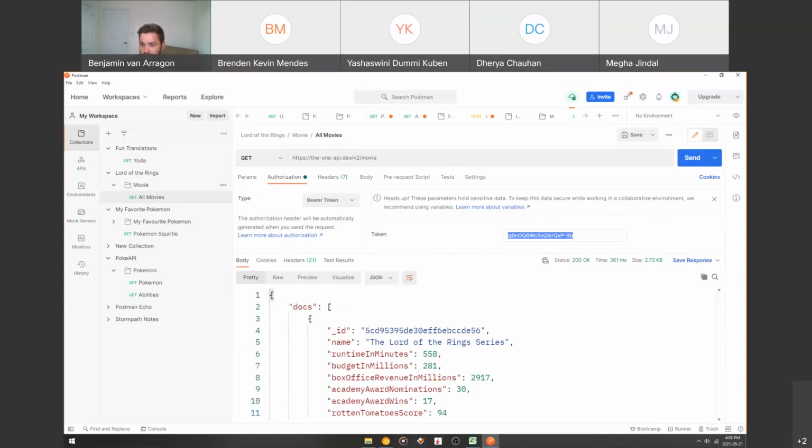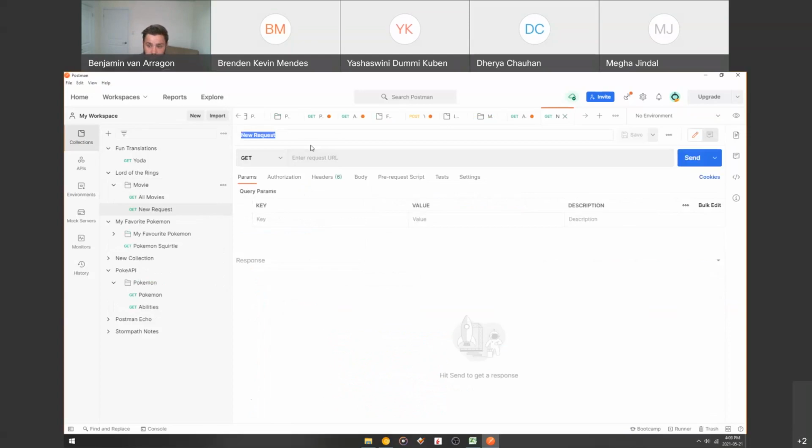Cool. So that worked great, but what if we have a bunch of requests that use a single key? Do we have to manage that on each request? Instead of managing it on each individual request, we can manage it on the collection. So if we build another request inside of here, under our Lord of Rings collection and in the movie folder, we'll create another request and we'll call it quotes by movie ID. All right, and we'll make it get, and then